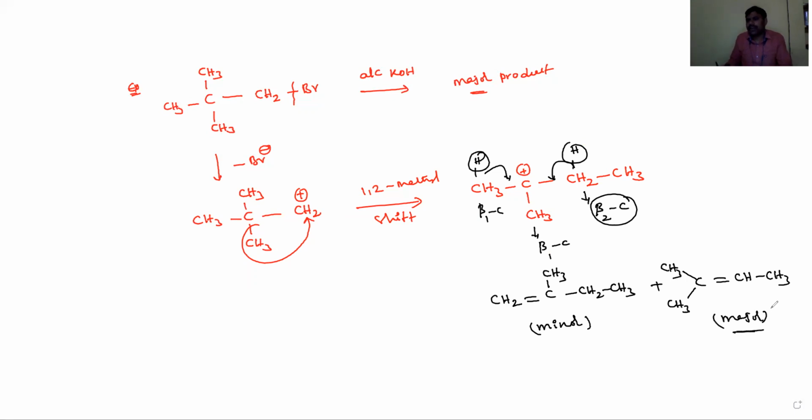So in dehydrohalogenation reactions, when more than one kind of beta carbon atom is present, different types of alkenes are produced. Among them, the more substituted alkene is the major product. When the alkyl halide has a beta carbon bearing quaternary groups, then rearranged dehydrohalogenation takes place and the rearranged product is the major product.